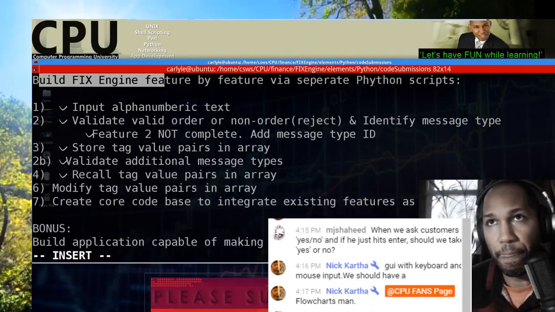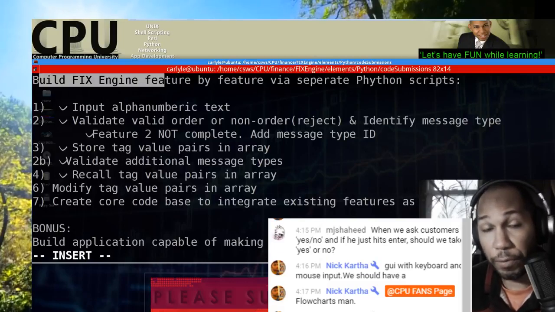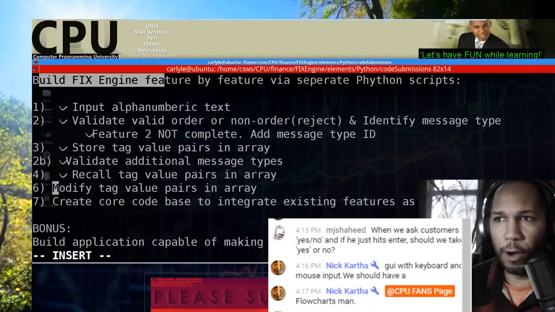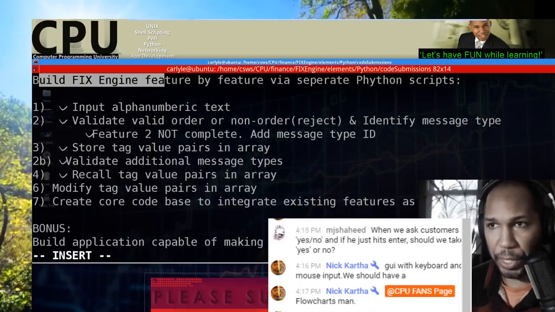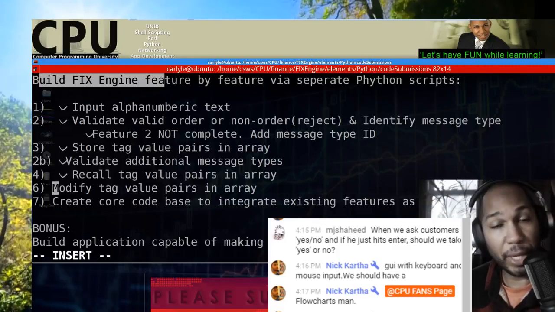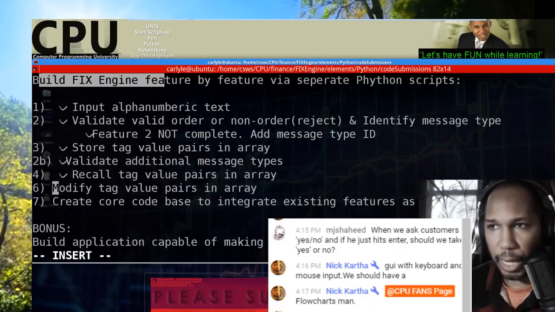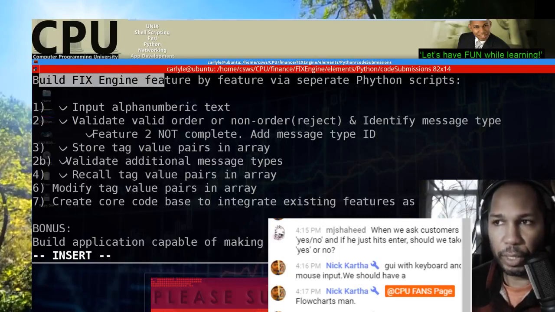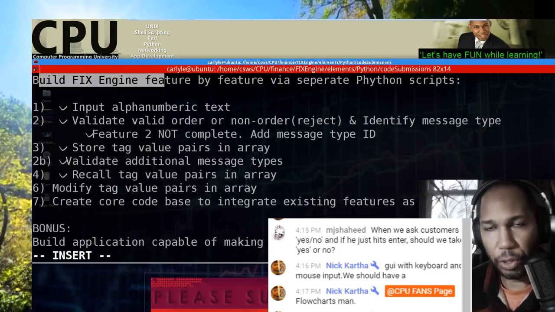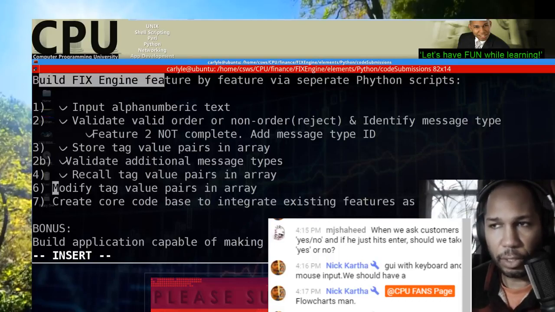It could be the most simple fixed engine ever, to where no one would ever want to use it, but it's functional, gets the job done, right? Now, programmers with much more experience and skill and money and teams and everything, maybe we can't compete with them, right? But again, the ultimate goal would be to at some point in time make it a fully functional fixed engine to at least be able to handle basic order and execution flow